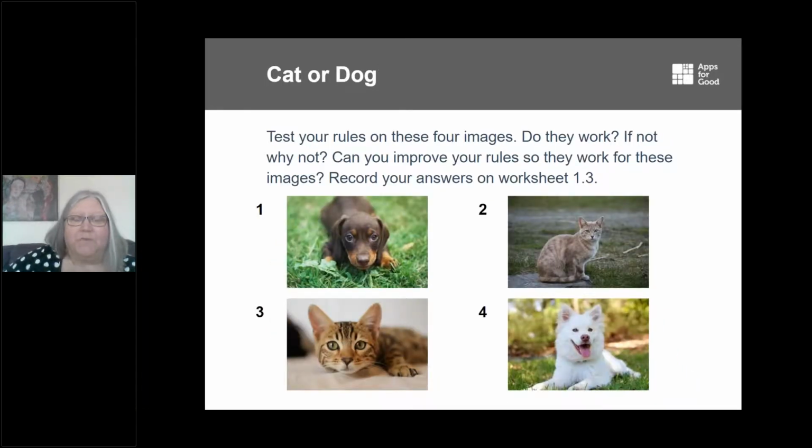Do those images conform to the rules? And if not, why not? Hopefully from this activity, they can start to see how complex it is to get a computer to do something that you just see automatically, that you learn, you know which of those are cats and which are dogs. And then we've got a range of different tools that we can use.